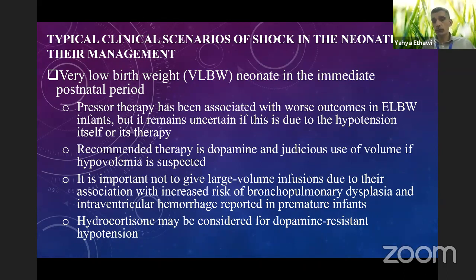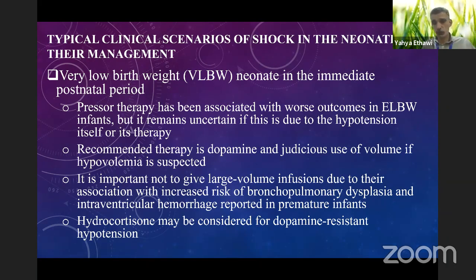Remember to use dopamine in low doses, not more than 10. Remember not to use inotropes or pressor therapy without priming the circulation with normal saline. Remember not to give very large boluses. Remember to give small boluses, and give them over a little bit longer period of time if the baby is